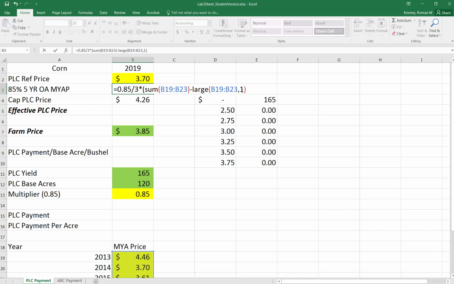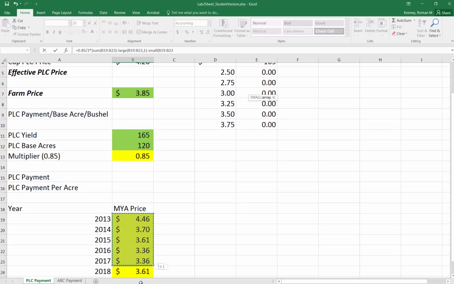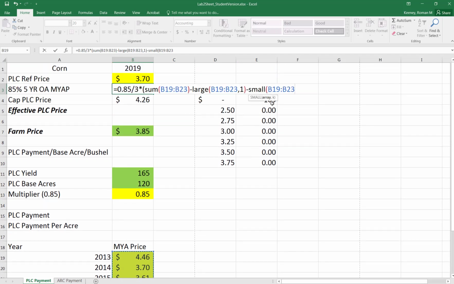Now, because the large lets you pick the rank, we could also do the second one being minus large B19, B23, and then put a 5 there. But Excel has the other formula as well, so let's just do small. Small is the same thing, and you can read the description here. It says returns the kth smallest value in a data set. So for example, the 5th smallest number, but we want the first smallest number. So let's open parentheses, select our 5 values one final time, B19 to B23, comma, 1,